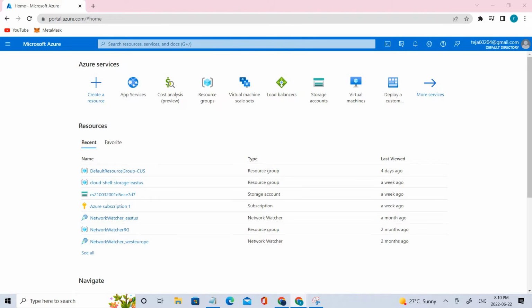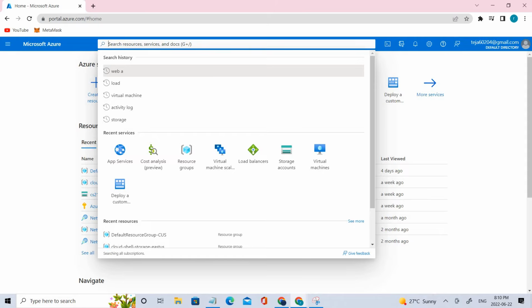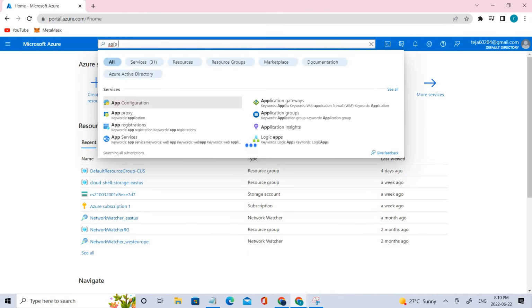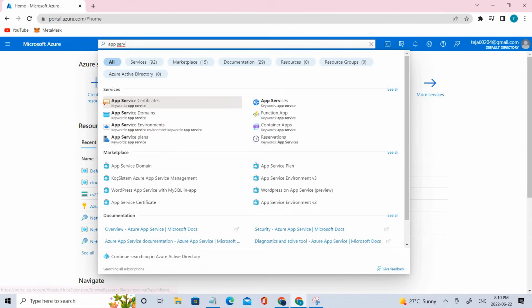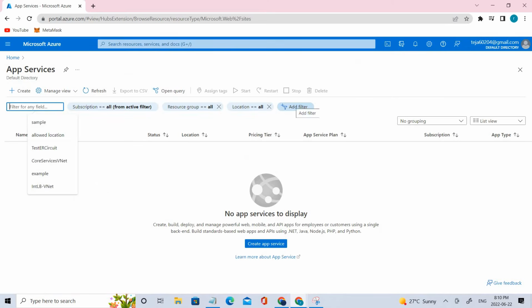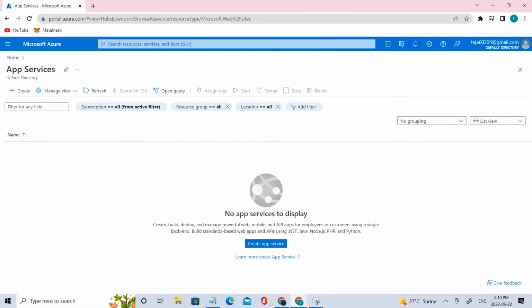So for that we have to go to the app service. If you go to the search bar, here you can search for app service, and you can click the app service. And right now we don't have any app services related to this particular portal, so we'll be going and creating a new one. So click create,